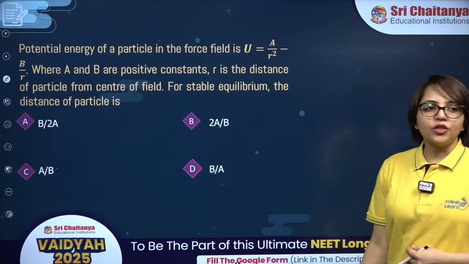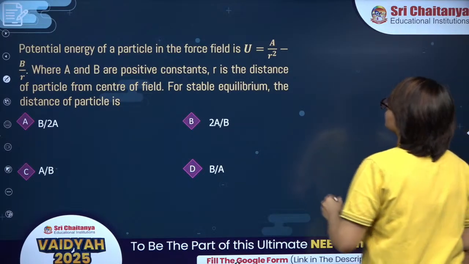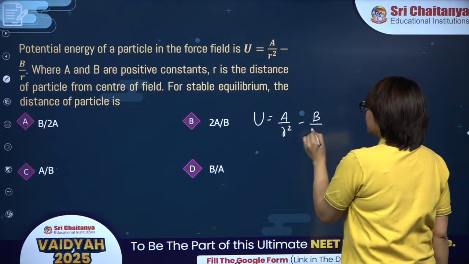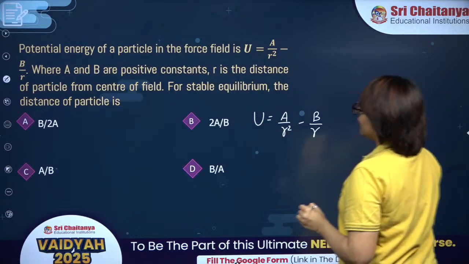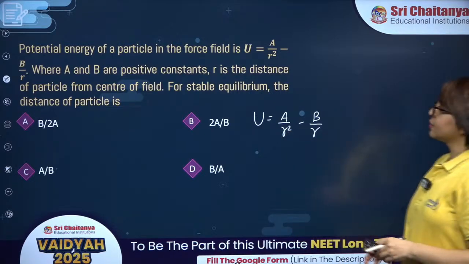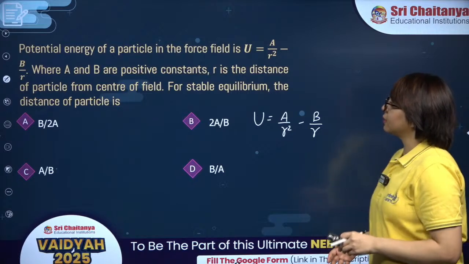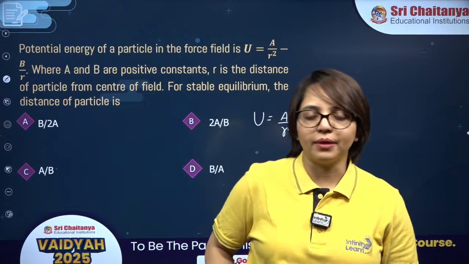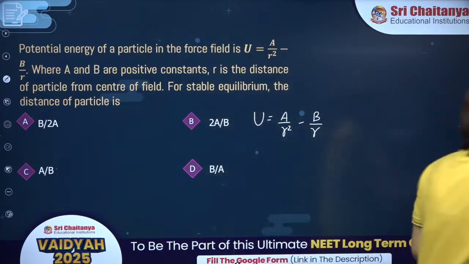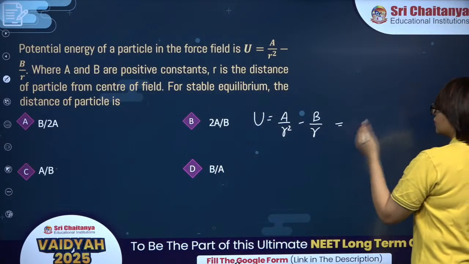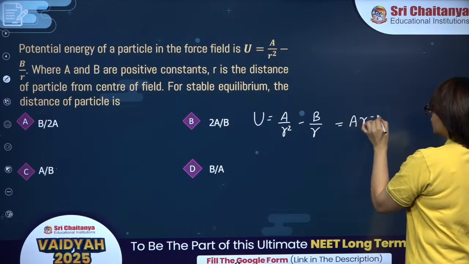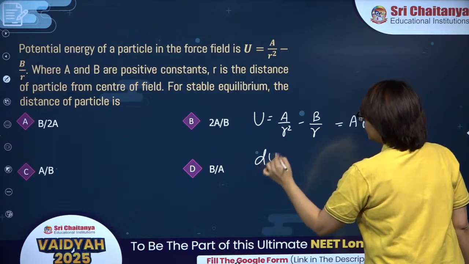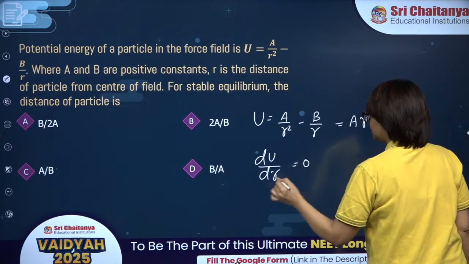Next is this one. Potential energy of a particle in the force field is A upon R square minus B upon R, where A and B are positive constants. R is the distance of particle from the center of field. For stable equilibrium, what is the distance of the particle? Try this one. What is the condition of equilibrium? du upon dr should be 0,